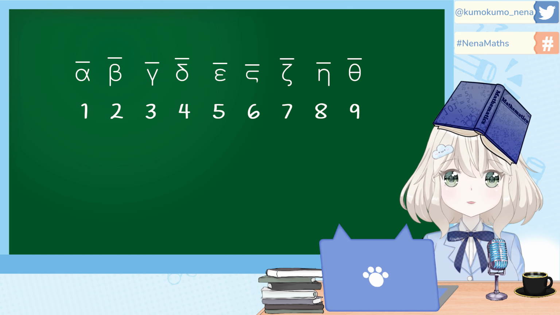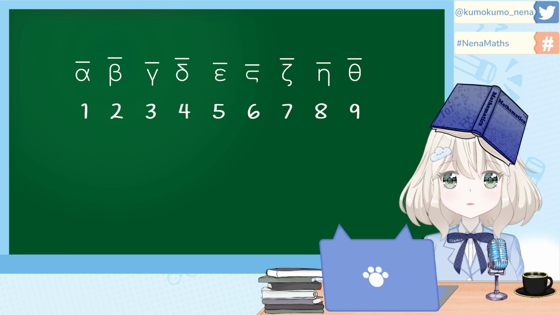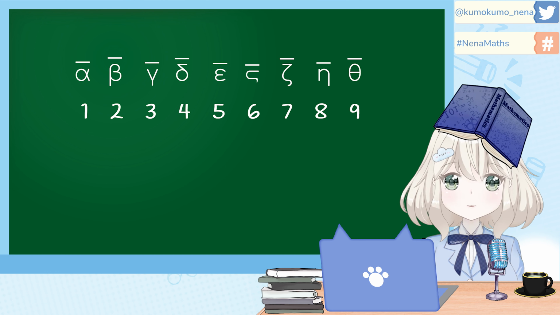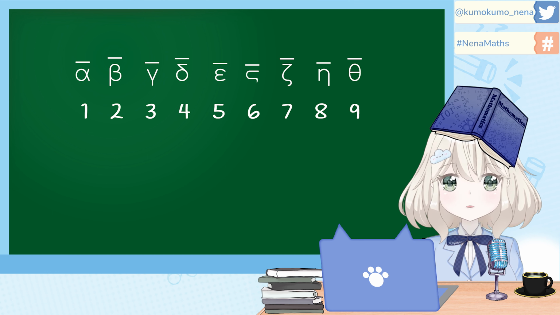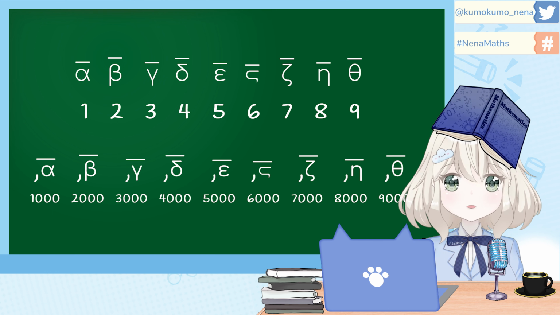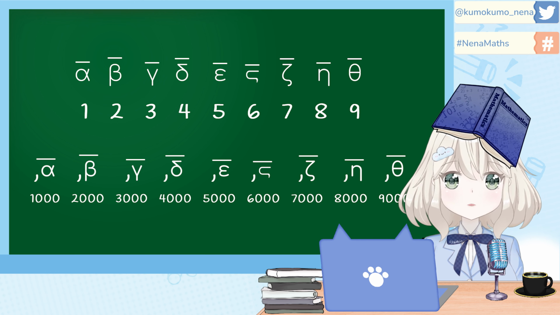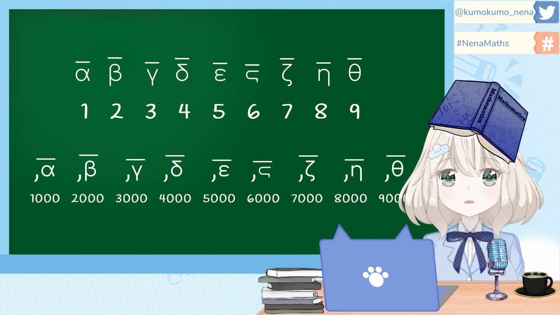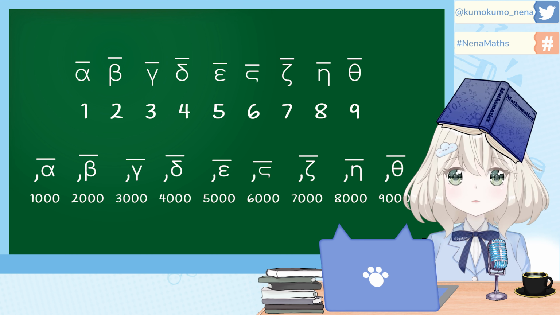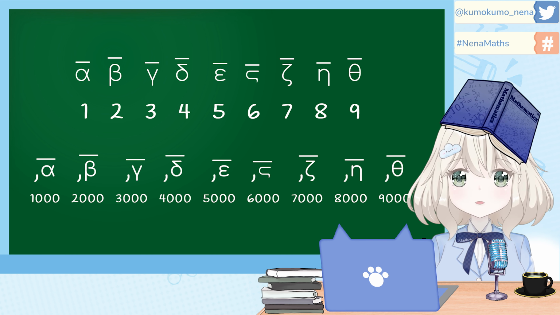If we want to write numbers next to ordinary letters, we need to draw a line above the symbols to distinguish them from words. To represent the 9 multiples of 1000, we need to add a comma in front of the symbols for the units, like this. With this system, the Greeks could express any whole number from 1 to 9,999, and again, they didn't need a symbol for 0. For numbers larger than 9,999, they used a different way.